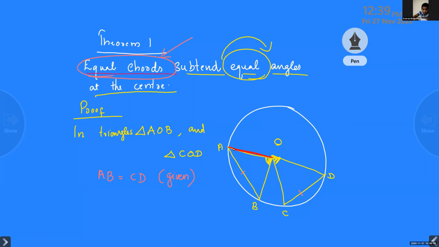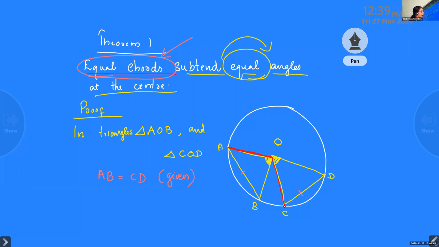So what is the speciality of radius, children? Half of diameter. They are equal. Half of diameter is okay, but we need the speciality that they are equal. Here we will take that they are equal. So for triangle AOB, if we take AO, we have to take the similar side, OC, not OD. And the corresponding side should be AOC, OC. I have drawn with red color. The corresponding side should be same.